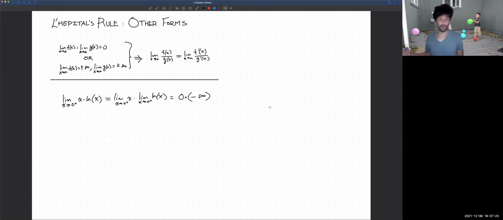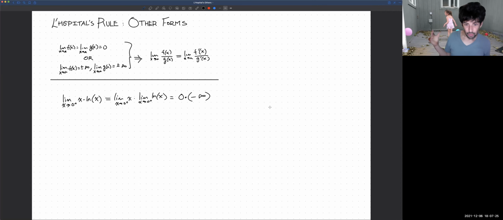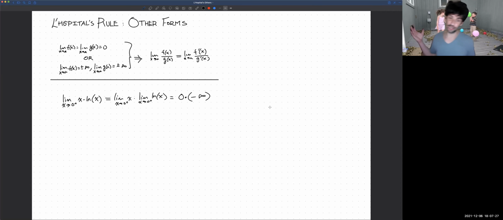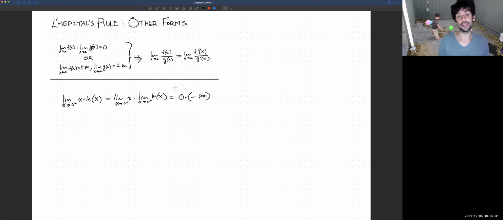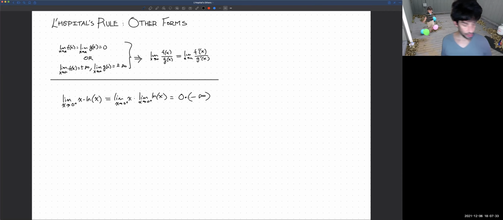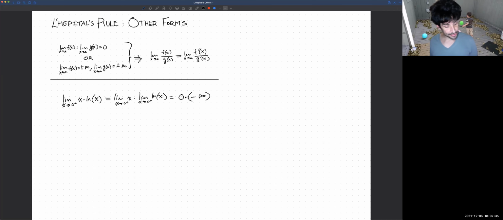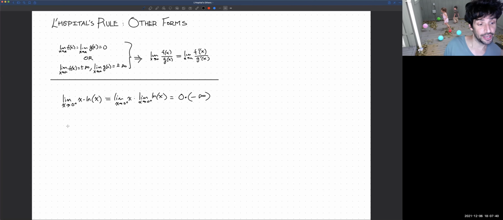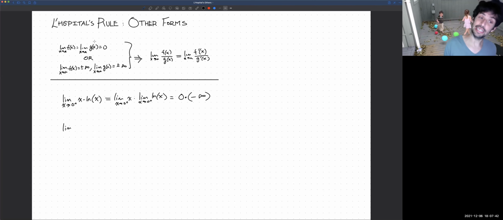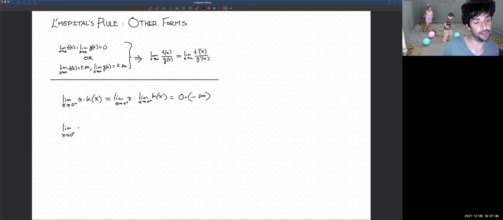So we've got 0 times an infinity, right? One's trying to make things small, one's trying to make things big. And we don't know who wins, right? There's nothing about this as written that tells us who wins. So what we need to do is we can use L'Hopital's rule. But the way we use it, because we need to fit into one of the rules I have sketched out above, is that we're going to do a little bit of clever algebra